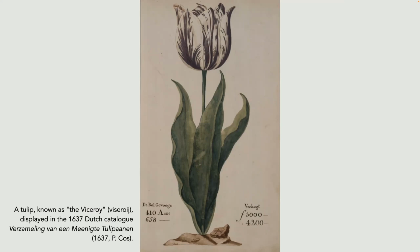And tulip bulbs began to be imported. I think it was about the 1580s into Holland, but by a bit before the mid 1600s, there was what was called tulip mania, when a single bulb like this one, this tulip here, the Viceroy tulip, could be 5 times the cost of an average house. And you can see that from this bulb catalogue. The price, the Verkocht here down here, is 3,000 to 4,200 guilders, depending on the variation, depending on the weight, which